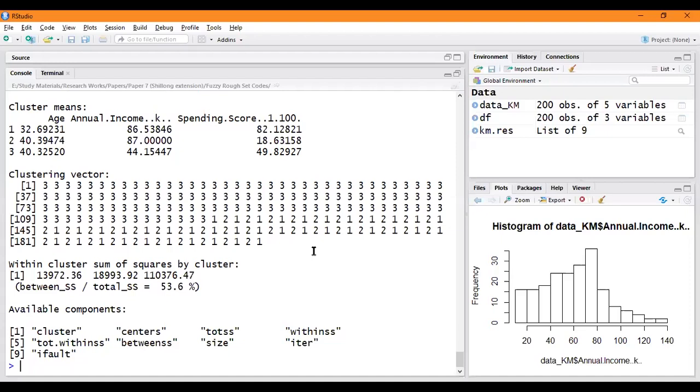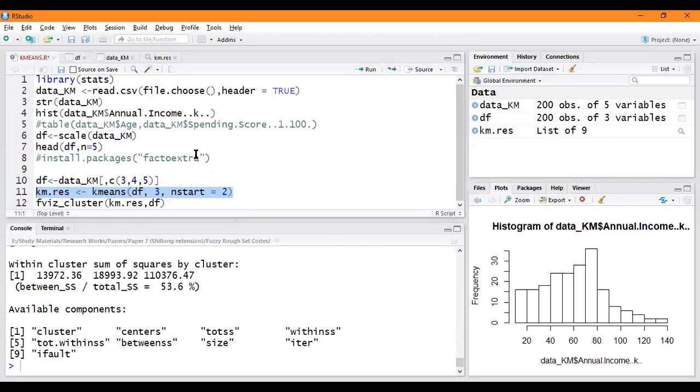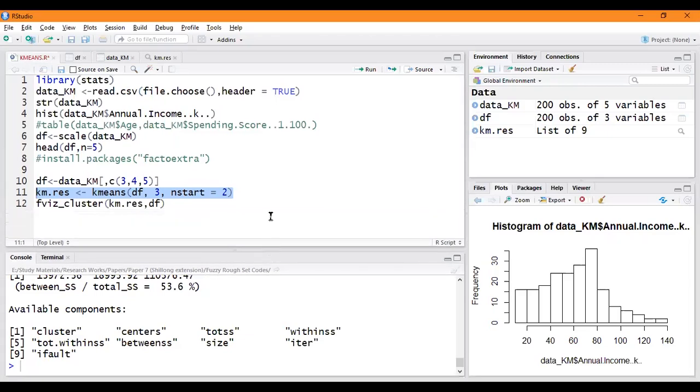The next thing we will do is visualize the clusters. For that you need to install one package. Default plotting will not produce a very good visualization here, because we have three attributes, so a three-dimensional thing has to be visualized in 2 dimensions.